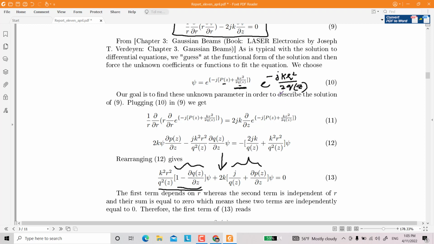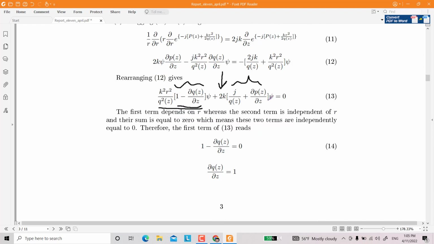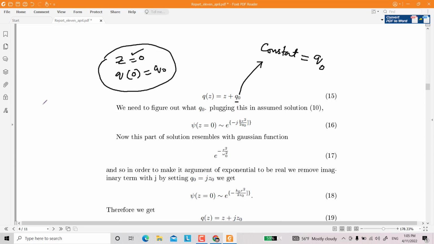Just for the moment, to avoid complications, we take only this part because it is q dependent. Here you have to put z equals 0, so q of 0 is equal to q naught. If you plug this in,